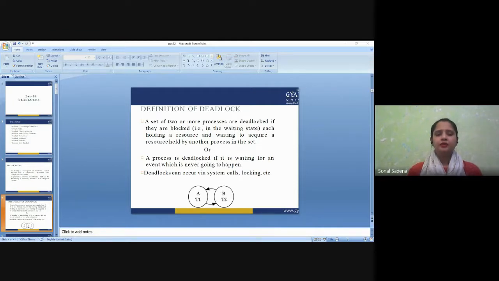So let us assume when two cars are coming from the opposite direction, they get stuck in the middle of the bridge where only one car can pass at a time. So what will happen? They cannot go back and they cannot even cross each other because that is a one-way road. So this is the possibility of deadlock that occurs. This is a real-time example.